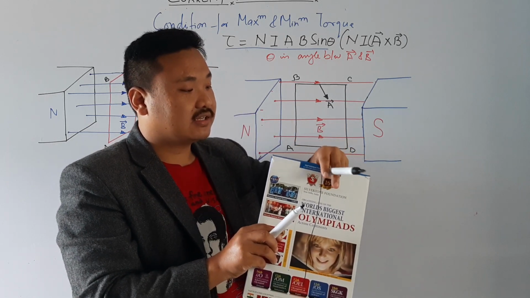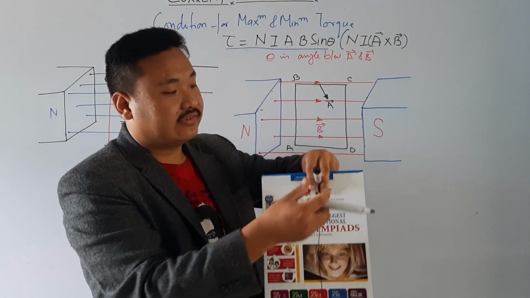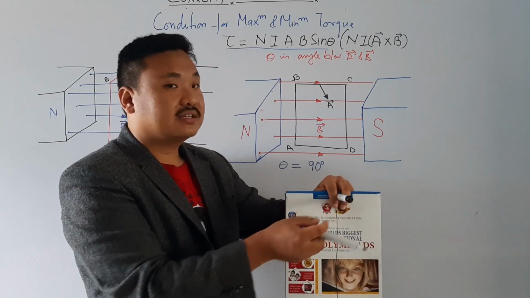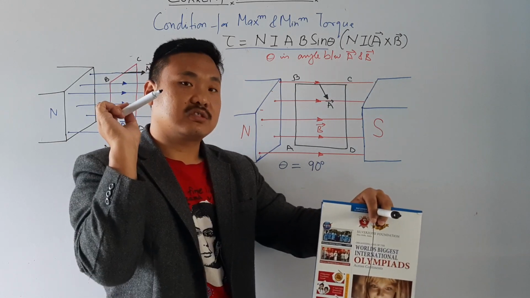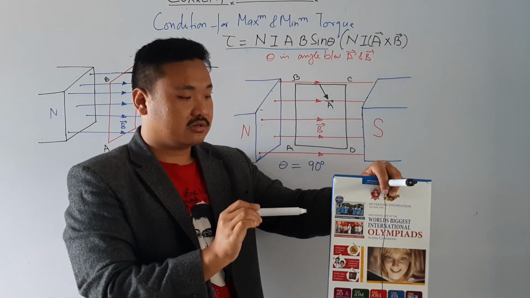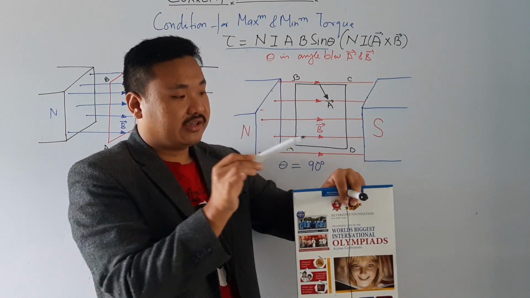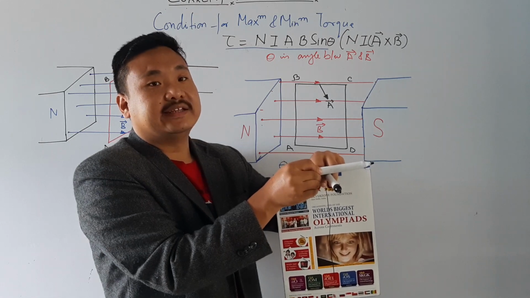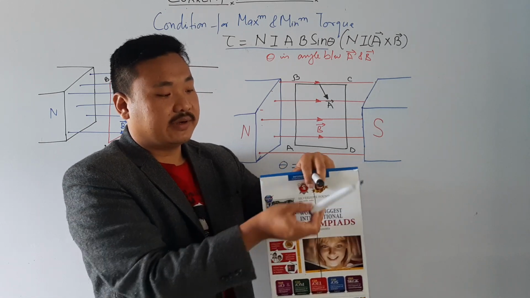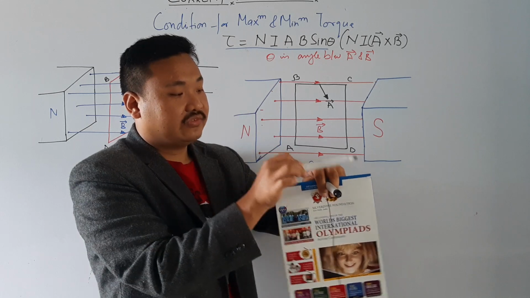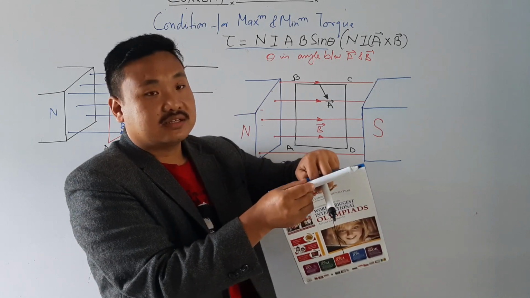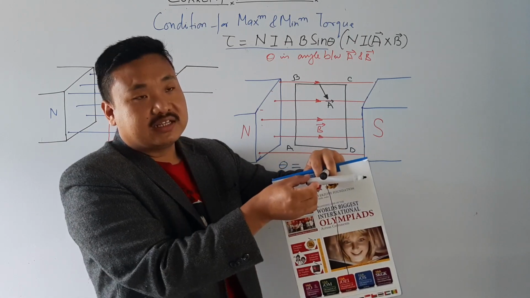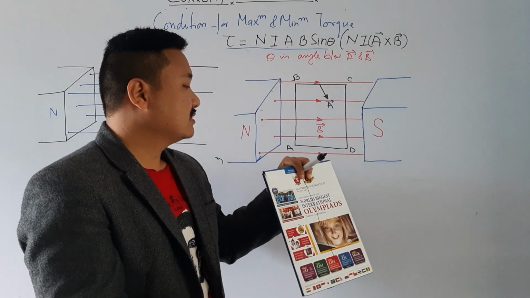So this is my coil and this is how it is placed. This is my area vector, and this is the coil. If you see here, at this point, what is the direction of magnetic field? North pole to south pole. So this is north, this is south, so it is going like this. Now can you see what is the angle? 90 degree. Area vector is perpendicular to this, and magnetic field is like this. So angle is 90 degree. Here also 90 degree, or wherever is the magnetic field, it is 90 degree.